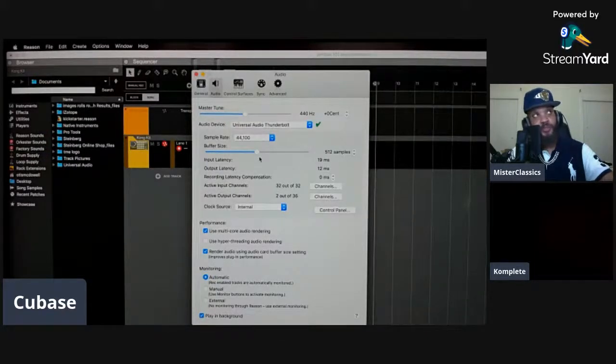Remember what I taught you about the latency settings? If you want to look at that, look at my video in Cubase on latency settings, and you can look at this one too once it's done. But that's what you want to set it at. Everything here is pretty much standard. I don't mess with that too much. If you want to know about that, go in the help section. That's why I say it's important